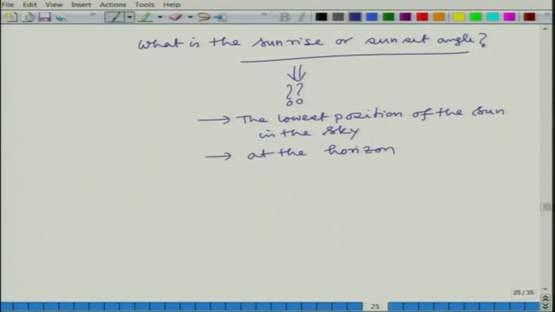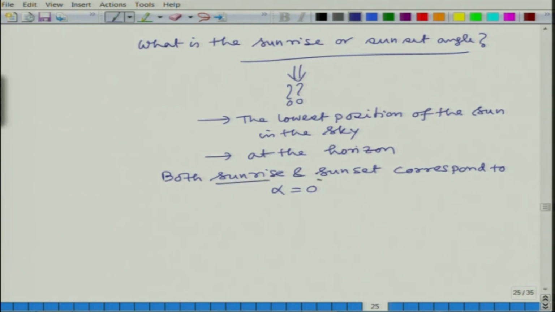So, both sunrise and sunset correspond to alpha equal to 0, right. When the sun is at the horizon, the altitude angle is 0. You do not have to look up at all. Both are in two different directions, but both correspond to alpha equal to 0,